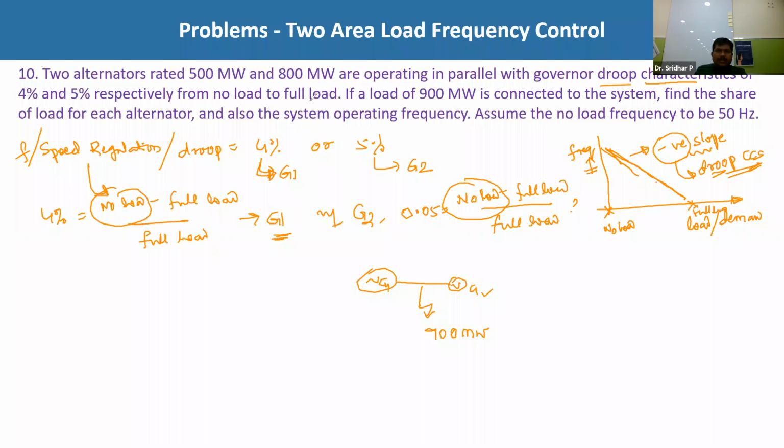Here also he is not asking about full load. From no load to full load the characteristics are given, but we don't know whether this 900 megawatt is full load or not. Please remember, because in the 4% or 5% regulation, here he has given 4%, and here